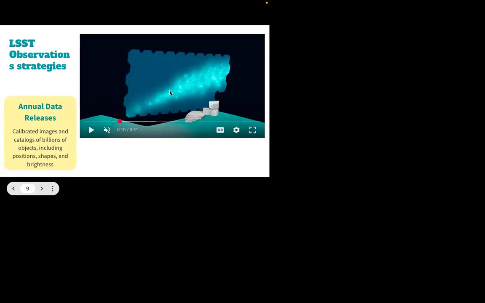This is one tiling of the Rubin-LSST around the sky. Now you see it is coming back to see the same region. This will happen for 10 years from now on. It will see the same sky positions again and again.